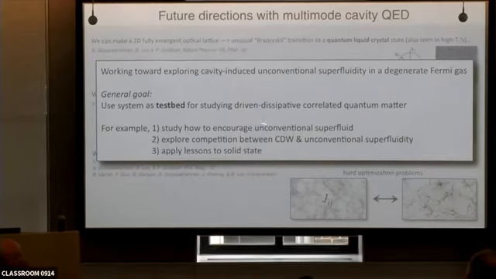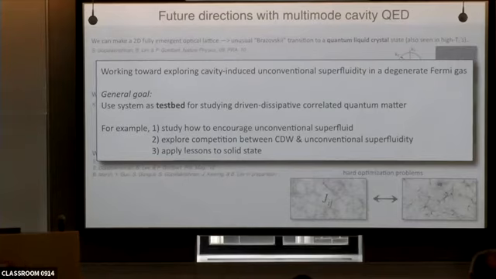Can you encourage the formation of an unconventional superfluid with the cavity? I know a lot of you are thinking about that, but we can actually test that with the fermionic atoms in a way that gives us a lot of accessibility and control of dimension, disorder, and so forth. And then we can simultaneously create charge density waves and the superfluidity and see what kind of competition there is, just like there is in high-Tc, and how that can act to suppress or enhance those modes. And then apply these lessons to the solid state after we've learned this.